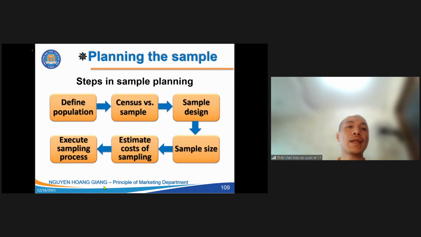First one, define the populations. Then we know and understand what the objective of the research is and who we have to do the research on. Then we think about whether to do the census or the sample, that is, do we do it for the whole populations or just with the sample. As I mentioned before, for some study, if the population is not big, for example, if I